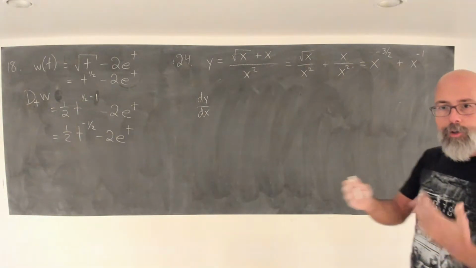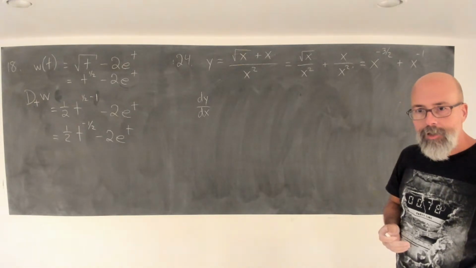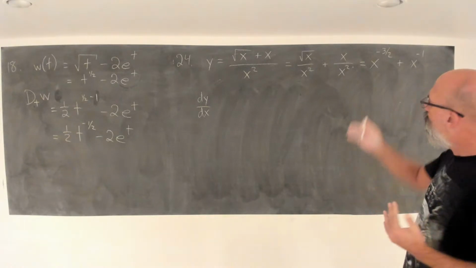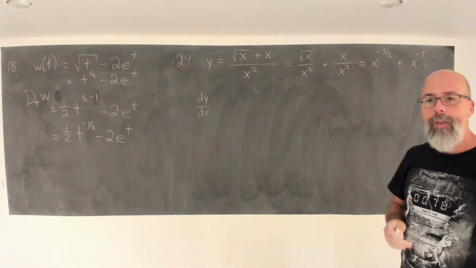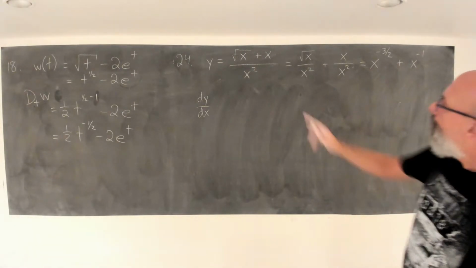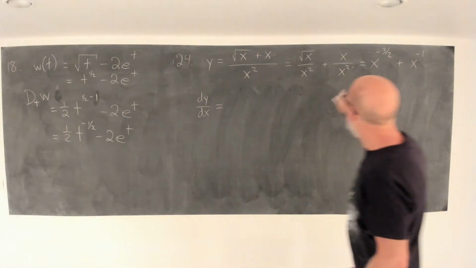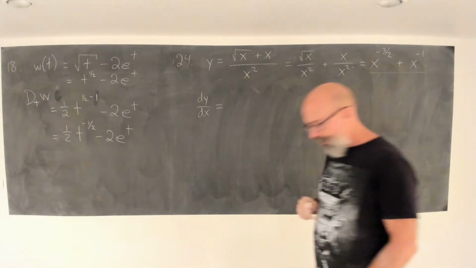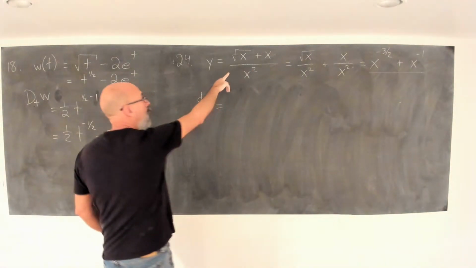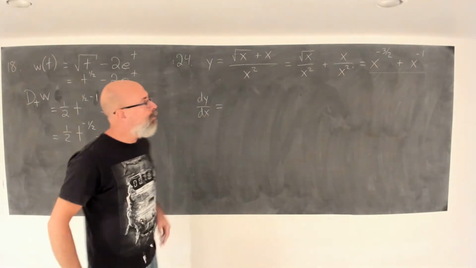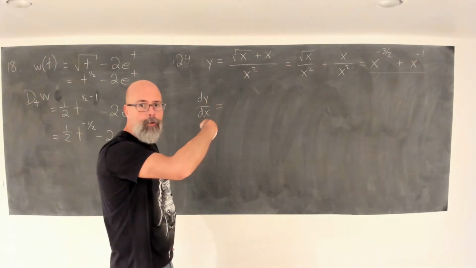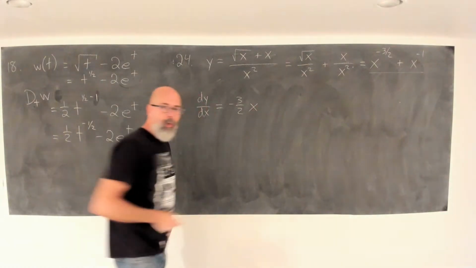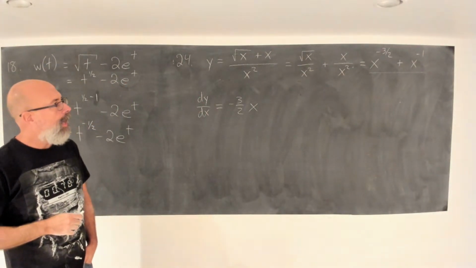If you are just differentiating powers of x, we're good to go. If you're differentiating something weird, you want to rewrite it in a way that you can deal with. What is the derivative here? We're going to treat this last term, which is equivalent to the original, but now at least we can deal with that. Bring the power down. -3/2. Subtract from the power to get x to the